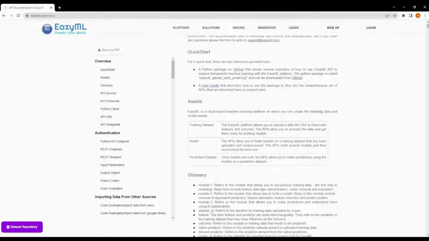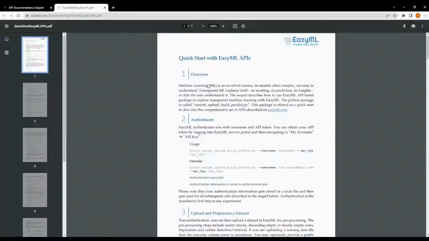If you want to learn more and get acclimated to the APIs, you can click on the User Guide to access a PDF that provides a quick start to EazyML APIs and explains much of the process.